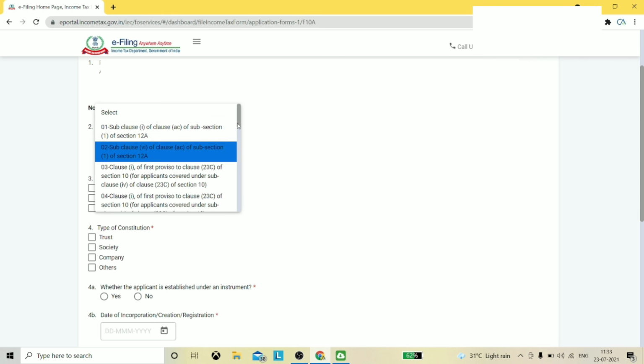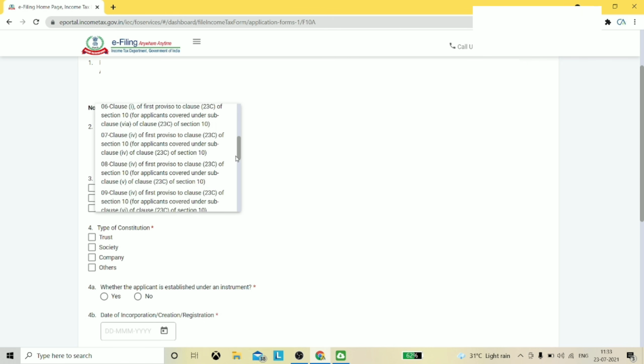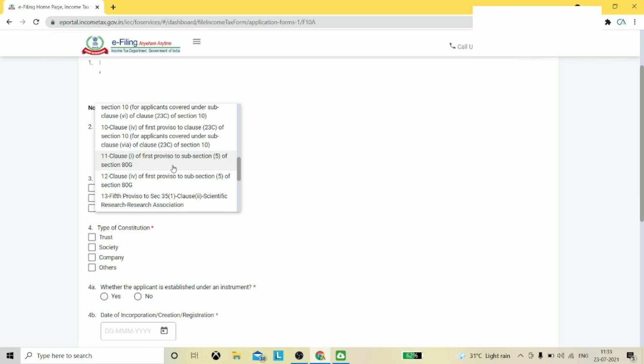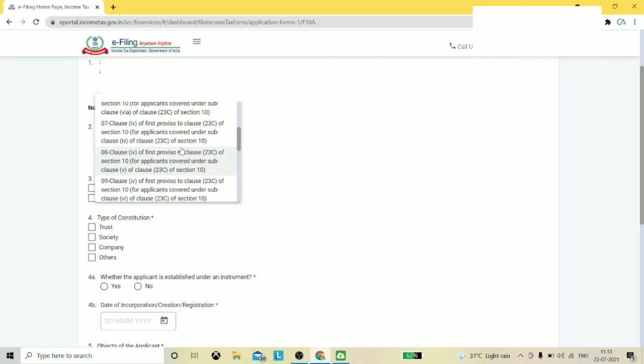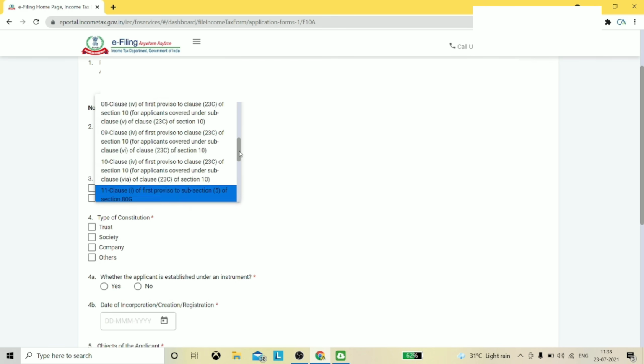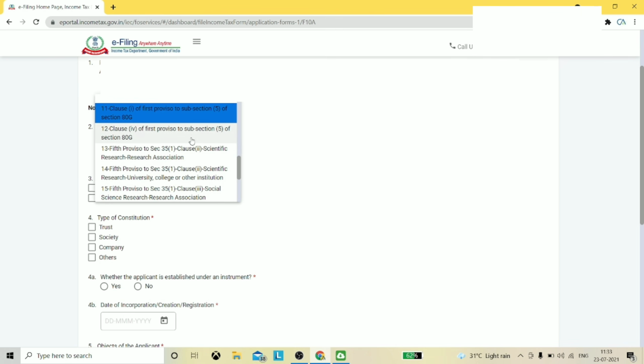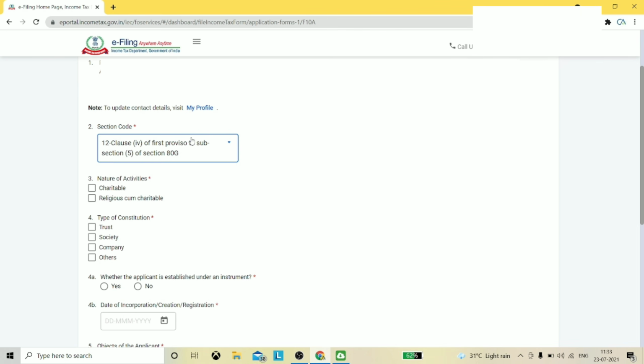Similarly, for 80G renewal, select code number 11, that is clause 1 of first proviso to subsection 5 of section 80G, and for fresh registration under section 80G, select code number 12, that is clause 4 of first proviso to subsection 5 of section 80G.